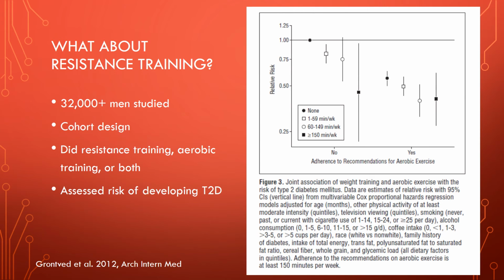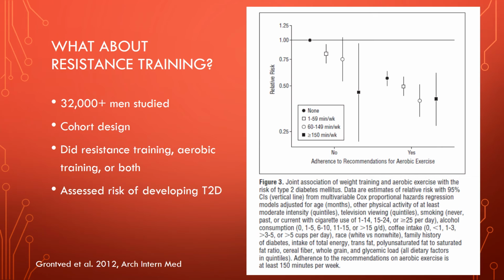And so this is the data. Alright, let me try to explain this slowly. First of all, on your y-axis, you have the relative risk. So everything is comparison to this risk of 1.0. So everything below this line is a risk less than the reference group. Then we have these 4 data points all represent those who do not meet the recommendations for aerobic exercise, meaning they don't get 150 minutes per week. And then these 4 data points all do meet the aerobic exercise recommendations. They get at least 150 minutes per week of moderate or vigorous activity.